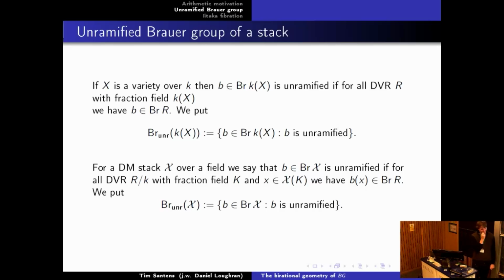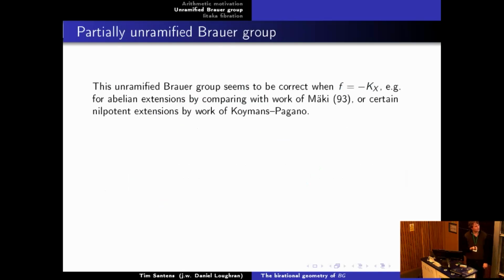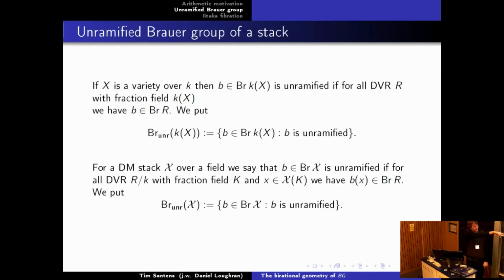The characteristic P pair is harder, but it is still true. So you can still show that these things are equal, and you can show that this Brauer group is also a stably birational invariant, and so it really agrees with this. Do you use some purity results? Yeah, we need some purity results for stacks more or less to show that it's a birational invariant. But once you have this, to show that they are equal to each other in characteristic P,